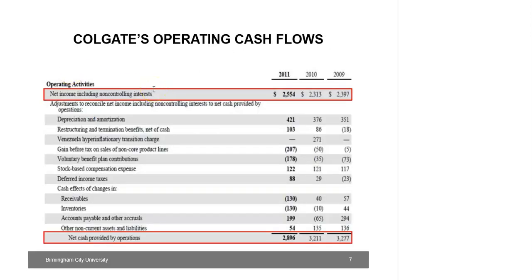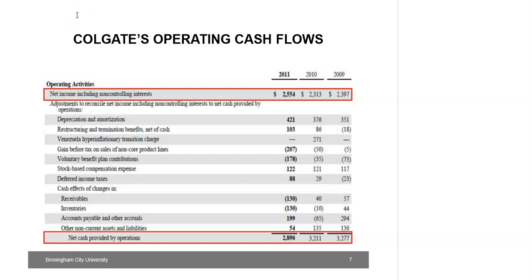Here we have the operating activities section of the cash flow statement for Colgate. Instead of focusing too much on individual reconciling items, we should focus on the overall relationship between net income and operating cash flows. Over the long term, for a mature company, the net income should be less than the operating cash flows. That is, the operating cash flows should exceed the net income over the long term. If a company has net income that is rising while at the same time the cash flows are falling, it can be a red flag.